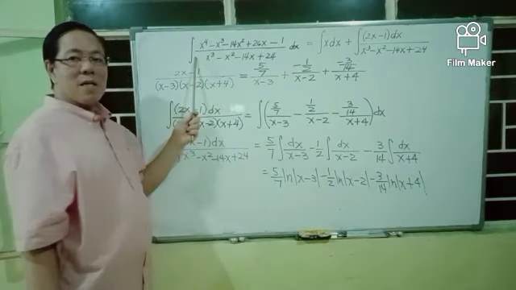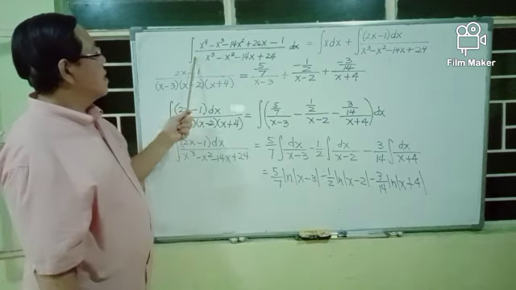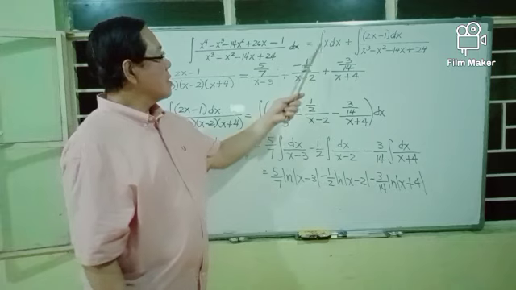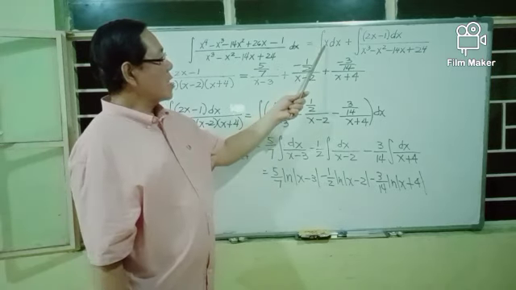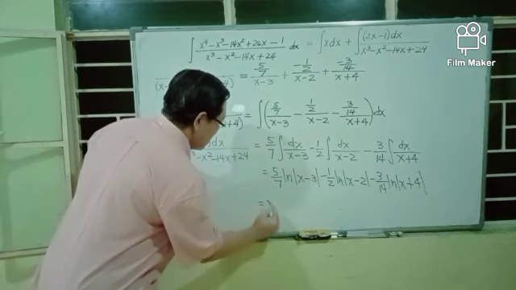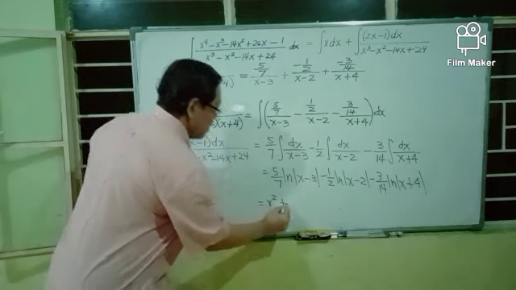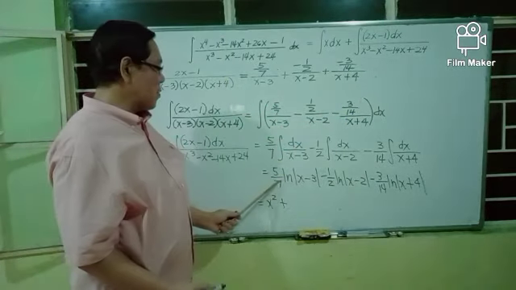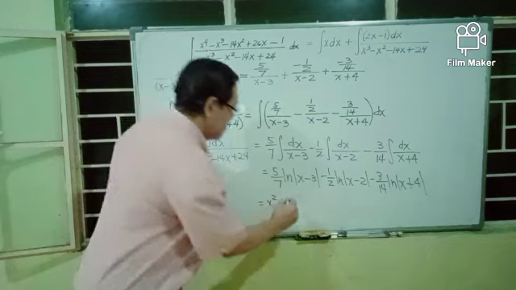Hence, the integral now of the given is equal to the integral of x, which is by power rule, x squared over 2. Plus the integral of the second term, which is equal to 5 over 7